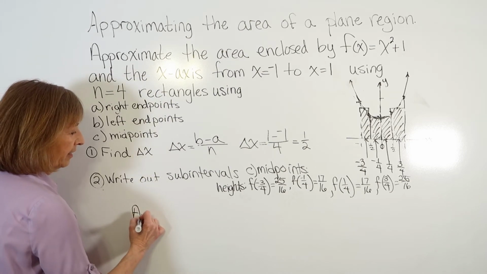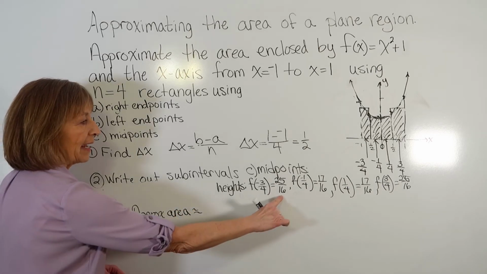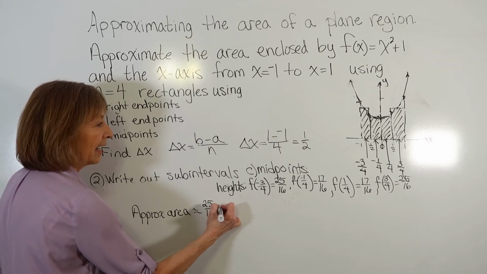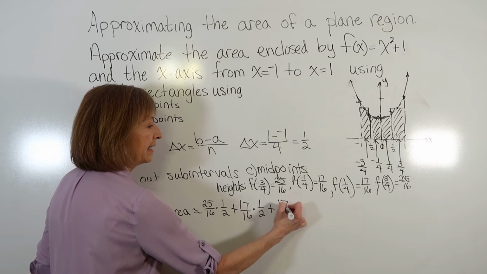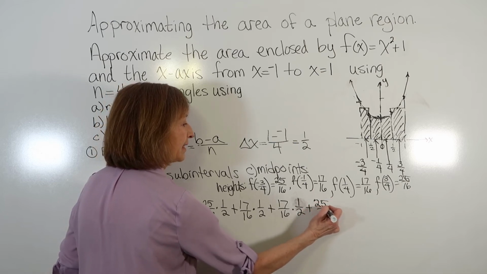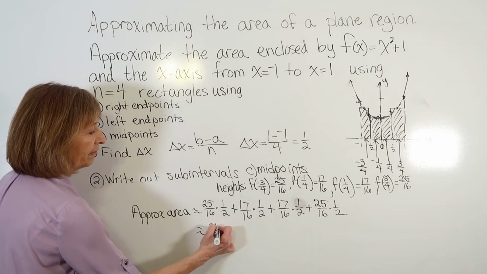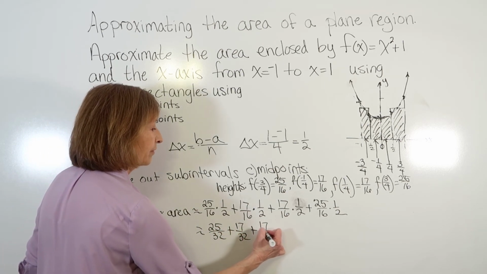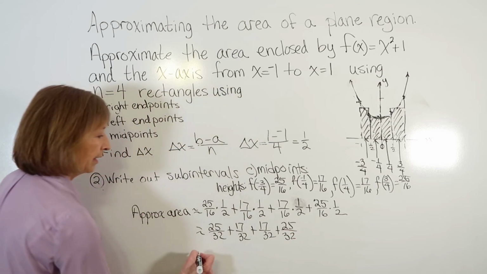And so now my approximate area from my midpoints is my height times my width of my delta x. So 25/16 times 1/2 plus 17/16 times 1/2 plus 17/16 times 1/2, and then plus 25/16 times 1/2. So that gives me 25/32 plus 17/32 plus 17/32 and plus 25/32,